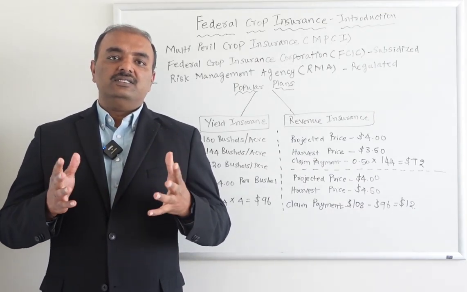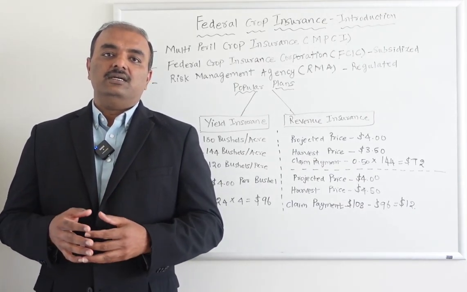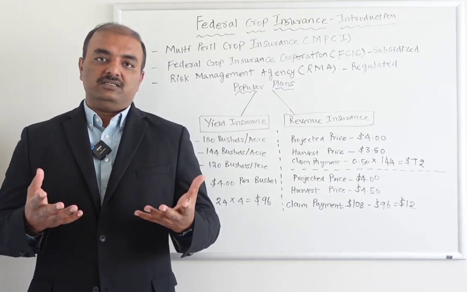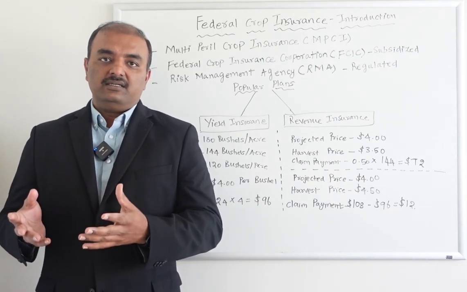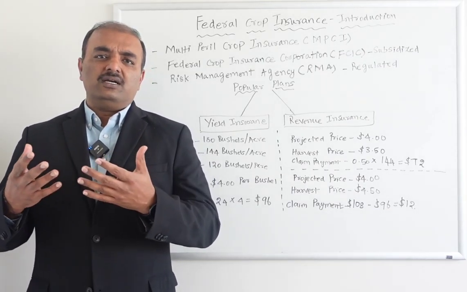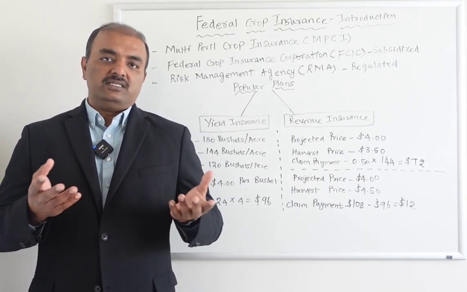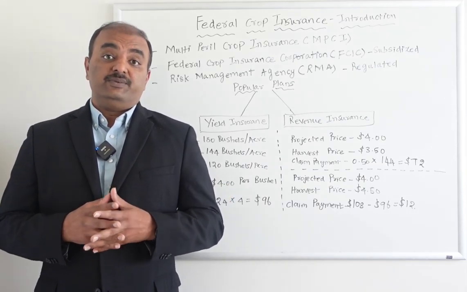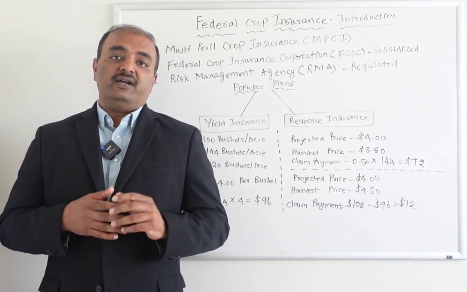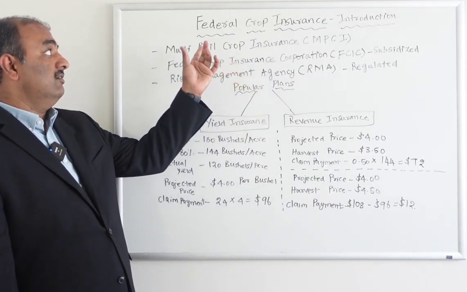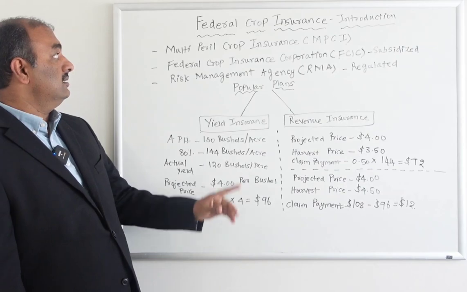So by definition, crop insurance is nothing but insurance coverage for farmers. When they have crops in their land, if there is a fire or theft or some naturally occurring events that destroys their agricultural land and especially crops, we need required coverage. That is the reason why our federal government has come up with this plan, federal crop insurance, otherwise called